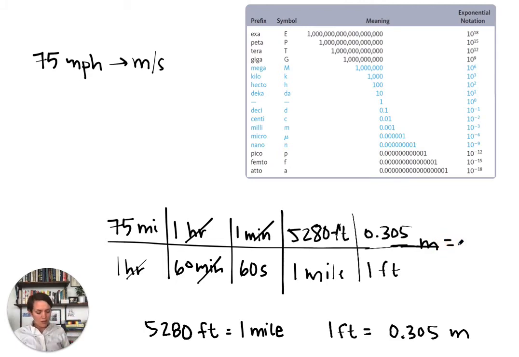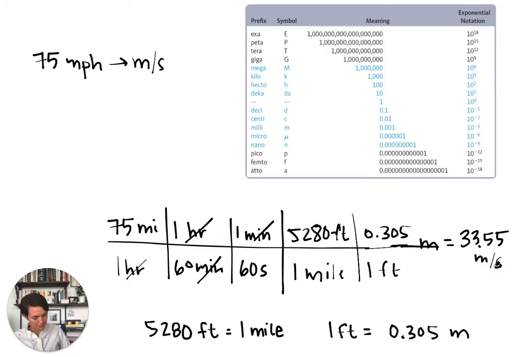Okay, so this is where it's really important that you plug everything into your calculator correctly. So first you want to multiply across the whole numerator. So I take 75 times 5,280 times 0.305, and I get a value for that. And you should plug this into your calculator too to make sure that you're doing it correctly. Then I'm going to divide that, and in parentheses I'm going to take my 60 times 60. So that's telling my calculator to first multiply 60 times 60 and take that value and divide my numerator by it. So I get 33.55